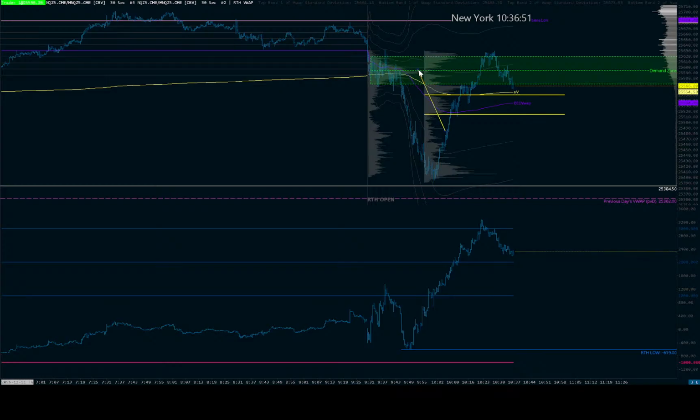And not only did it push into this value area, it didn't get rejected from this point of control, right? I'm not saying it's the point of control on the day, but it's the point of control for that high volume node right there, which occurred at the open. Price pushed right back to it. There was not a strong rejection right here at the high volume node edge. It did not get pushed back down from there.